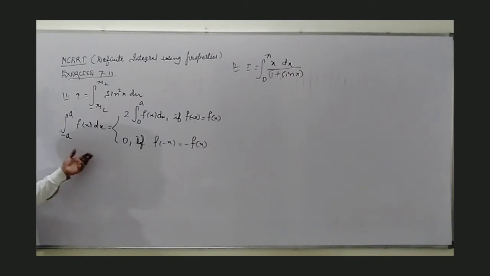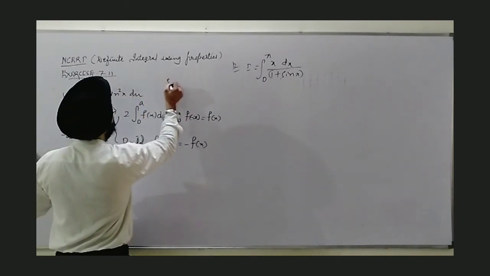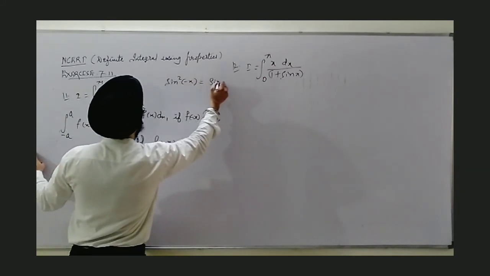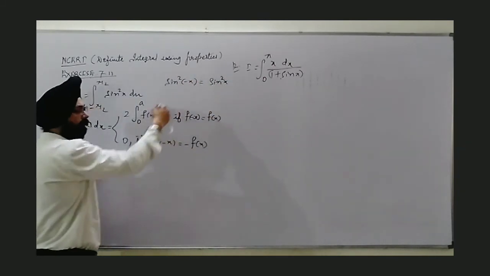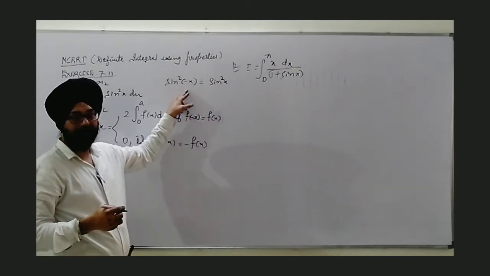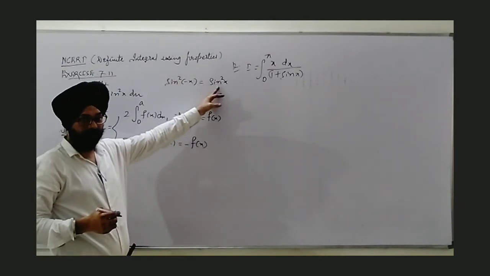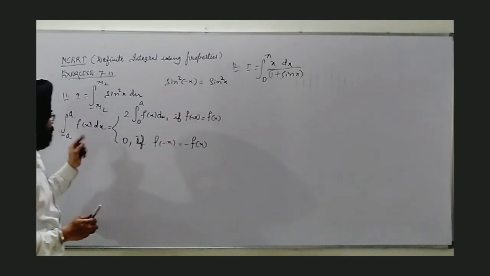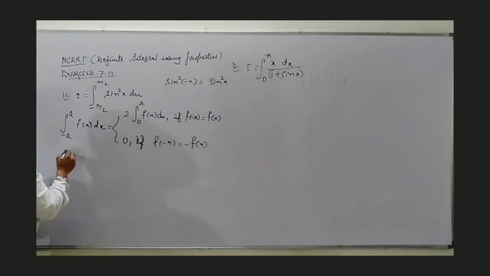So here, this property, actually why am I saying so, watching the limits, the best way to spot the property is these limits only. Okay, so if I apply the same, I find that the sine square x function, given sine square minus x, will become sine square x only. Yes, I know sine minus x is minus sine x, but being square it will turn positive. Means there is no change if I replace x by negative x. So that's why we need to apply the pattern number 1.